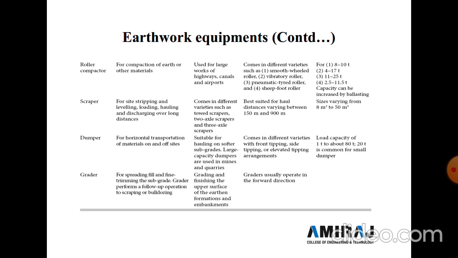And next is a dumper. So dumper is generally used for horizontal transportation of the material on or offsite, so suitable for hauling on softer subgrade. Large capacity dumpers are used in mines and quarries, and come in different varieties with front tipping, side, and elevator tipping arrangements. So load capacity of 1 ton to about 80 ton, 20 ton is common for a small dumper, and